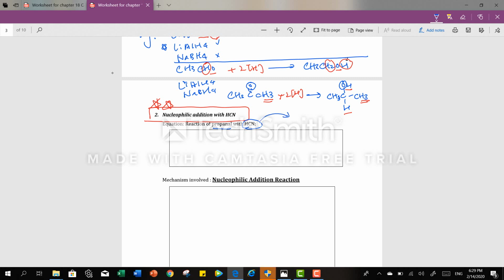HCN normally is prepared in situ. Okay, as I told you, in situ means you're going to heat a salt together with, for example, an acid, then it will generate HCN. This one will generate NaCN. This one will generate HCN together with NaHSO4. Very similar to the topic that we learned in halogen. So now, for example, if you have propanone